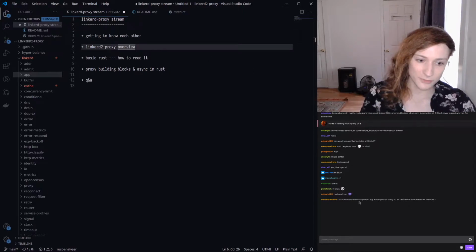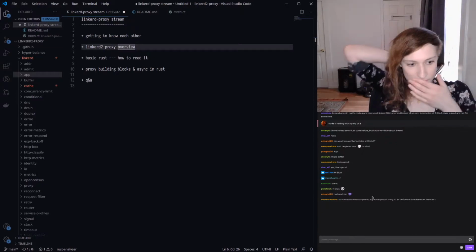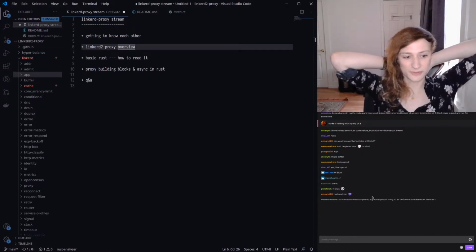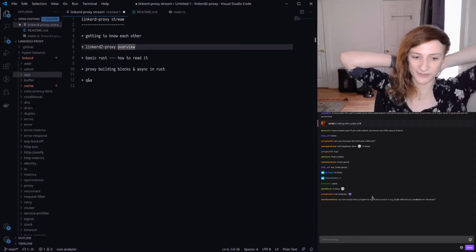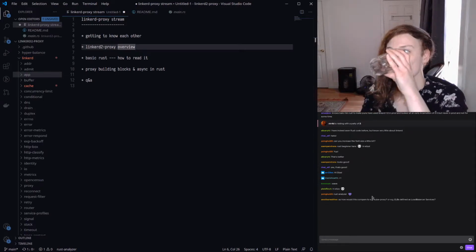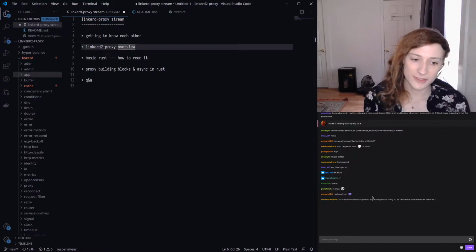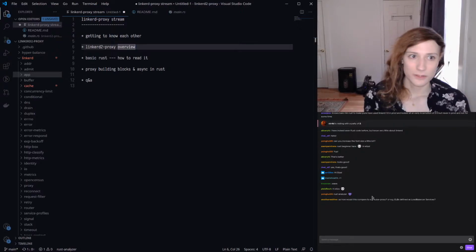Oh, this is a great question from another Walter. How would this compare to kube-proxy, or ELBs defined as load balancer services? That's a great question. So the big difference is that kube-proxy and ELBs are both transport layer proxies. So they operate at the level of TCP connections, right?